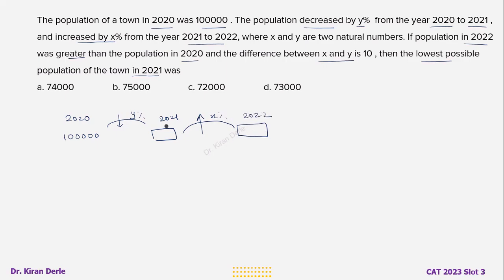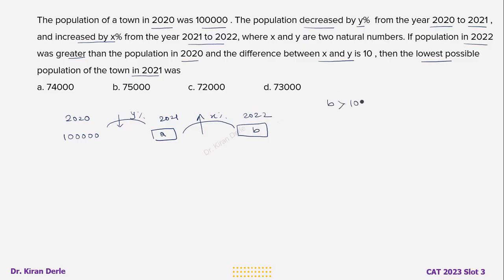Let's say this is A and this is B. Population in 2022 is B and population in 2021 is A. Fine. Where x and y are two natural numbers, if the population in 2022, this value B, is